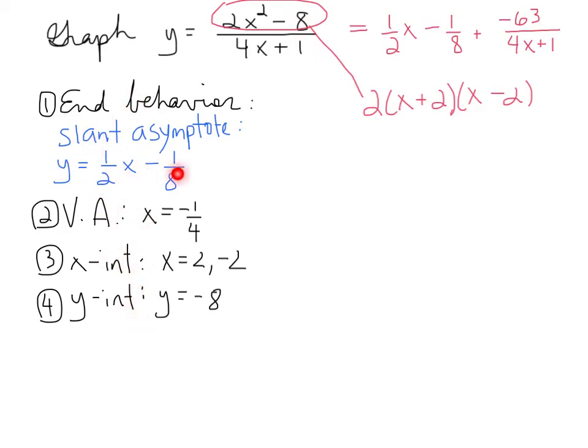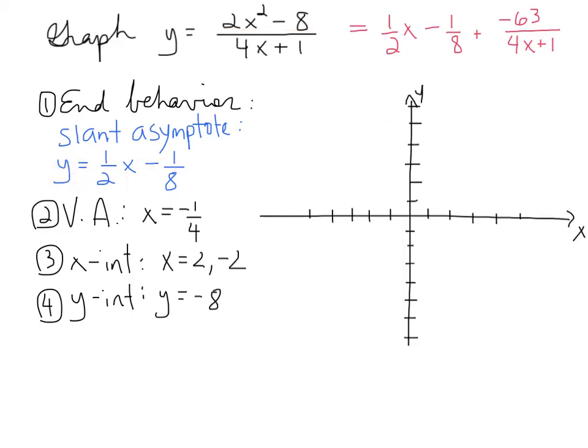And first off, I will plot the slant asymptote. Okay, for the slant asymptote, we know that the y-intercept is negative 1/8. The x-intercept is what makes this 0. If x is equal to 1/4, then I have 1/2 times 1/4, which is 1/8. If I subtract 1/8, I get 0. So the x-intercept is 1/4. To get the slant asymptote, I'm just going to connect those 2 points on the line and form the whole line. Now I'll plot the vertical asymptote,